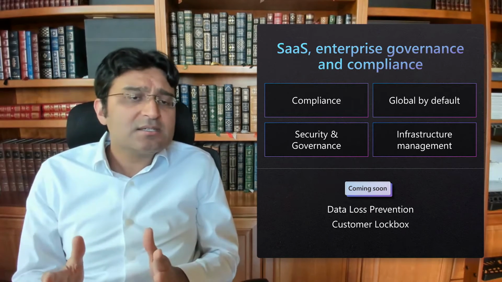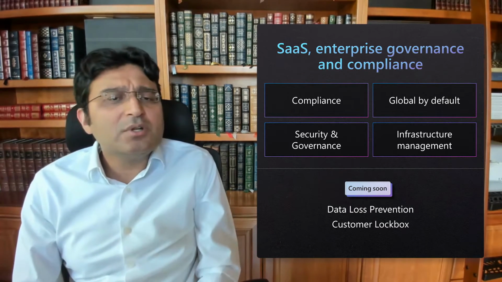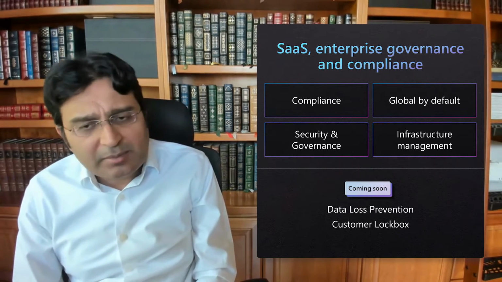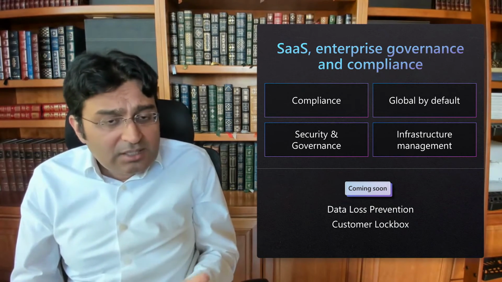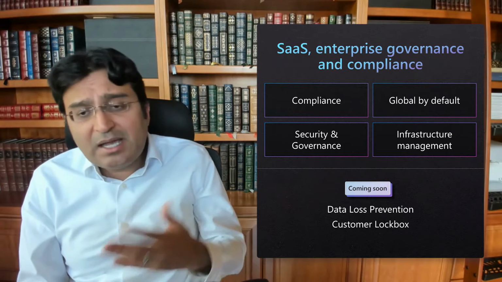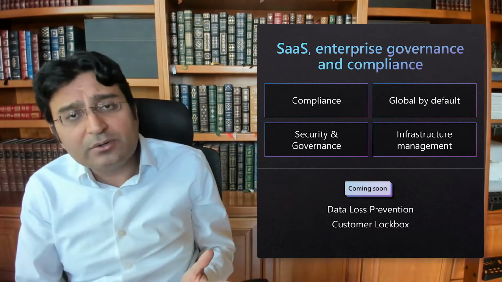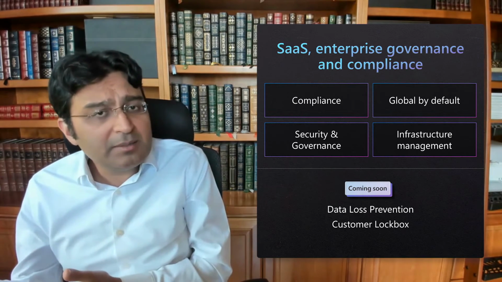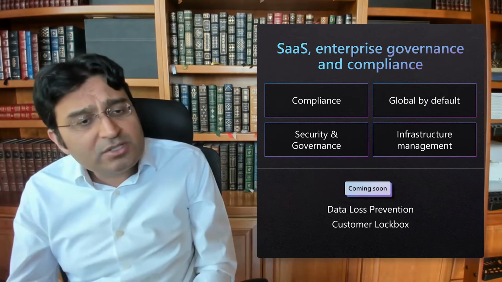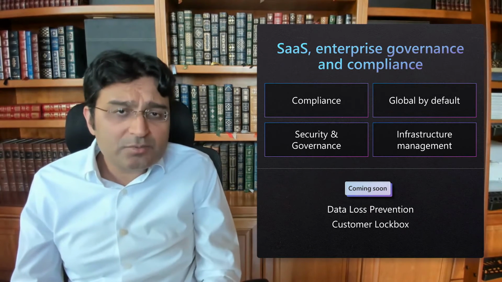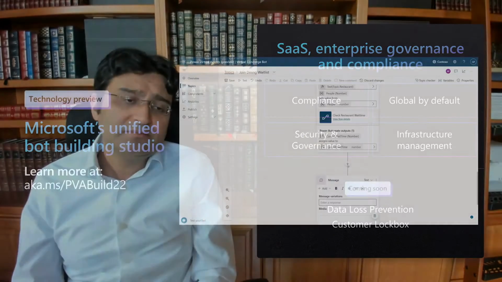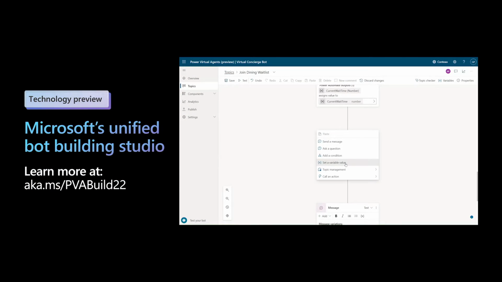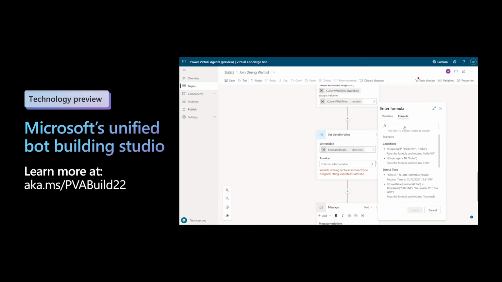And with that SaaS come all the powerful governance, management, and compliance capabilities of the Power Platform. PVA is available in government clouds, and it's FedRAMP certified. It's HIPAA and HITRUST certified for healthcare scenarios. It's PCI compliant to handle payment scenarios. It's available across geos, has configurable data loss prevention policies, and gives admins complete control over their data. So to summarize then, PVA is a complete end-to-end solution for all your bot and IVR building needs.